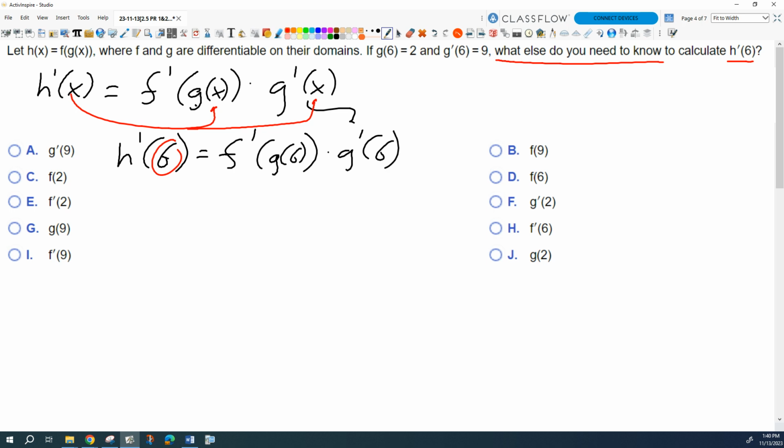So what would we need to know then? Well, what is g of 6? They tell us that, don't they? g of 6 is 2. Yeah, exactly. So this whole thing right here is f prime of 2. They didn't give us that. And so if we don't know what the function is here, do